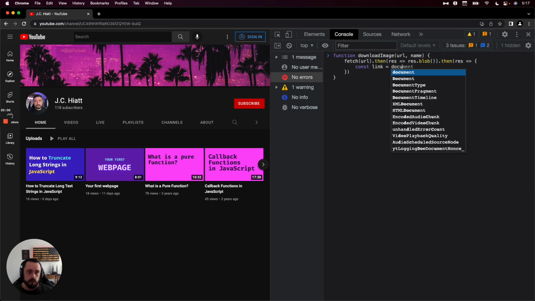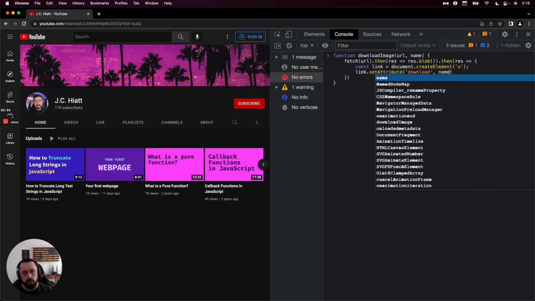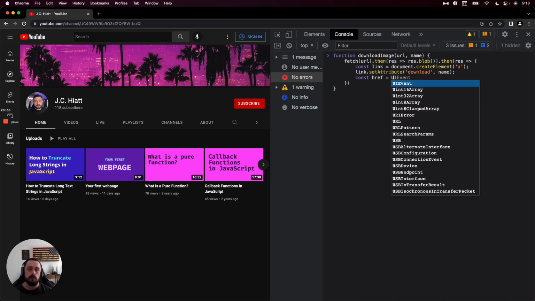Okay, so we'll say document.createElement, and we want to create an anchor element. Okay, next we will say link.setAttribute. So we want to set a download attribute on this, and we're going to set that equal to the name. Okay, so when this link is downloaded, it should be downloaded with this file name as the file name. All right, then we're going to do href, and we're going to use the URL